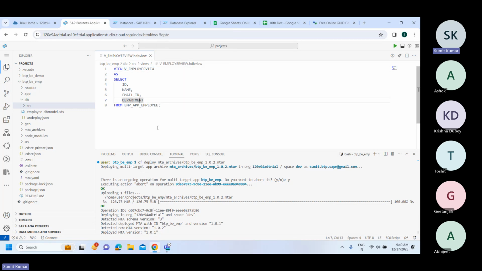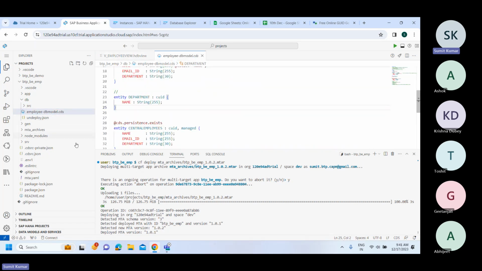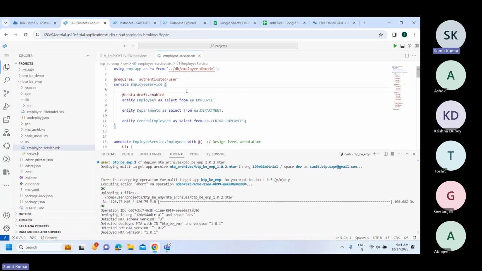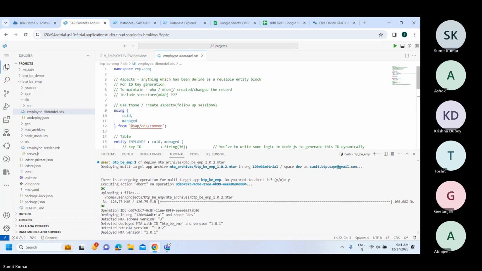Now, the next thing we should be planning is, for example, I created a view with this funky name, v employee view. Can I expose this in a form saying this particular employee DB model can also have it, plus my service can also have it? Is it possible? If I would like to have it over here in the employee DB model,